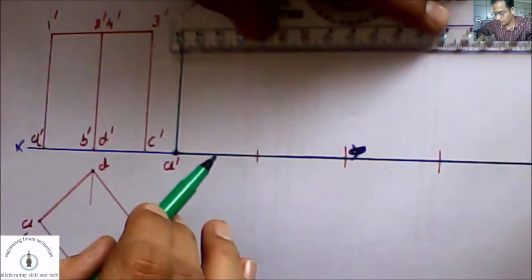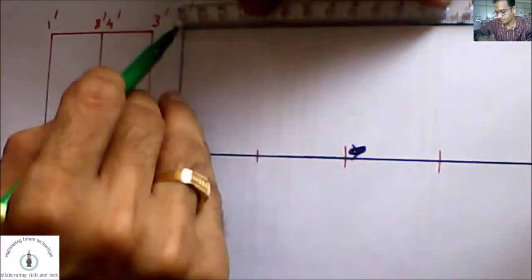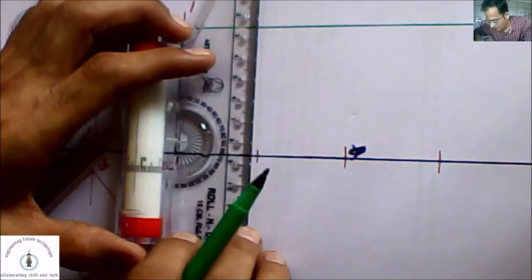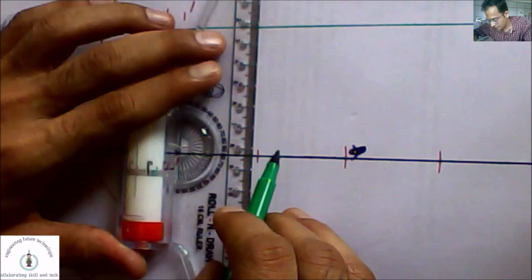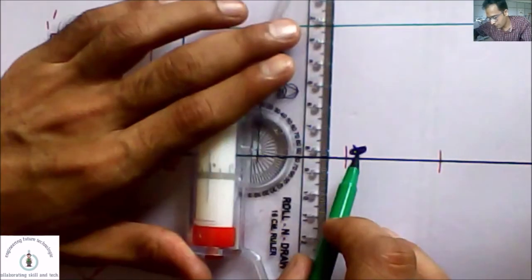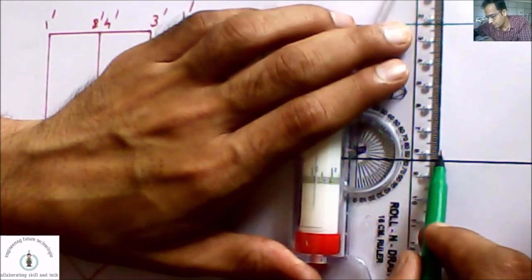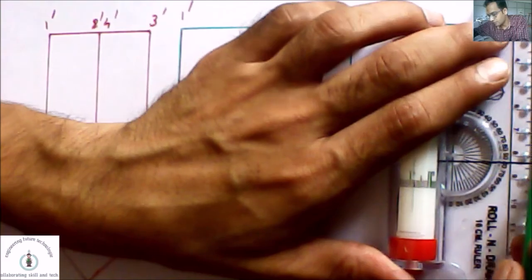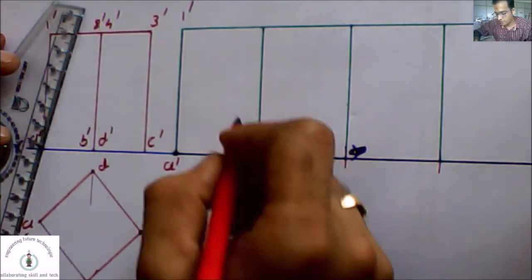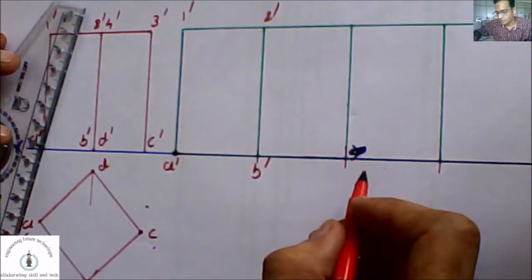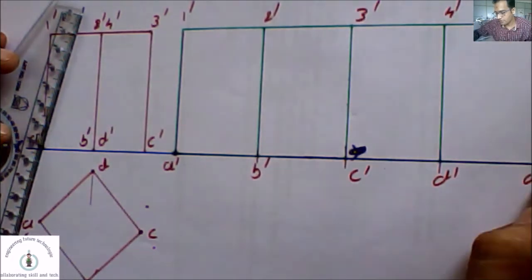I'll be following that profile. And we are drafting all faces parallel, all vertices parallel to the previous one from the positions what we had traced out earlier. So this position is going to be called B dash, 2 dash, this one is going to be called C dash, 3 dash, this one is D dash, 4 dash, and again A dash, 1 dash.